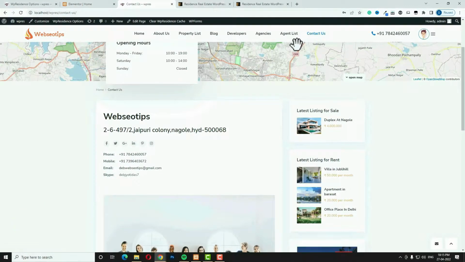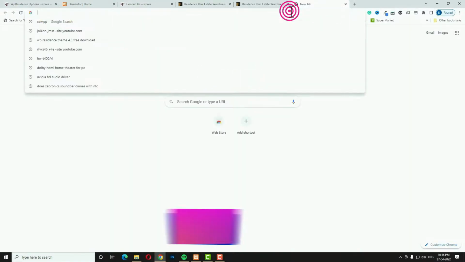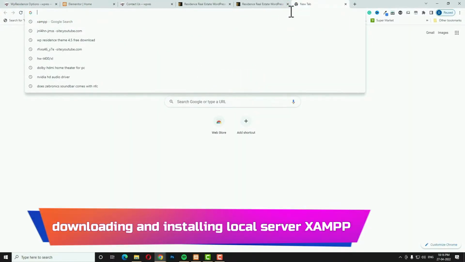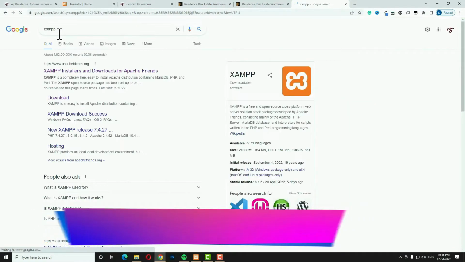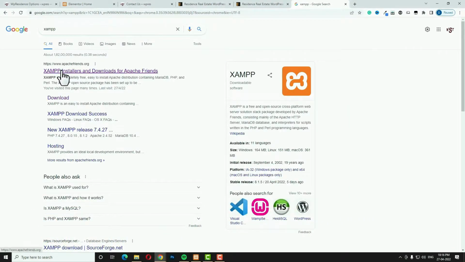And for creating this website, I am not going to use any real domain or hosting account because it's just a dummy website. So I am going to use localhost. For that, you have to download a local server, which is XAMPP. For that, you have to Google XAMPP, and after that you have to click on this link